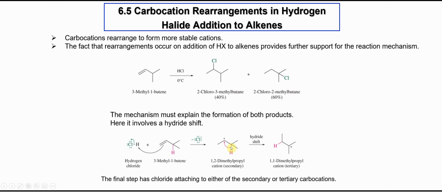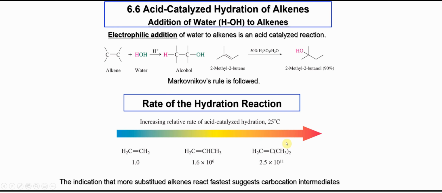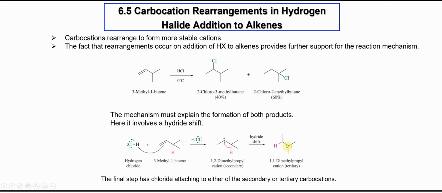Hydrogen takes 2 electrons to form a 3-membered ring, which is your intermediate, and then the bond between this carbon and the hydrogen will break up. You produce a tertiary carbocation. This tertiary carbocation is more stable, meaning this chloride is going to be attracted to this tertiary carbocation to form